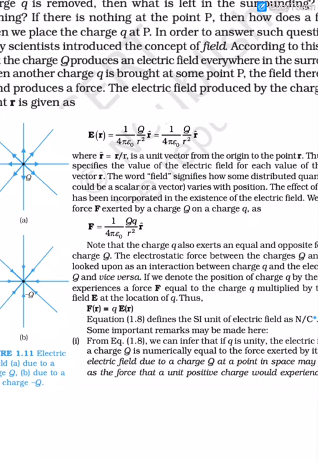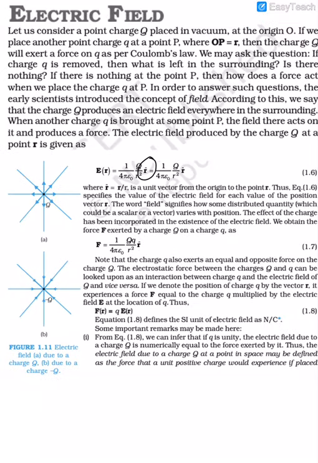Okay, r cap is what? R cap, I have taken as a unit vector from the origin to the location of the point P. So what exactly is r cap mathematically speaking? It is basically vector r divided by r. So this is r cap. Essentially, to find the electric field at a point, I just need to visualize that there is a unit positive charge at that point and find the force on it, and that force is called the electric field at that point.